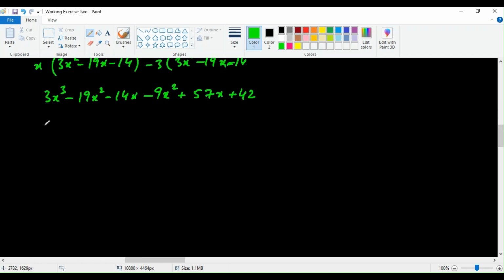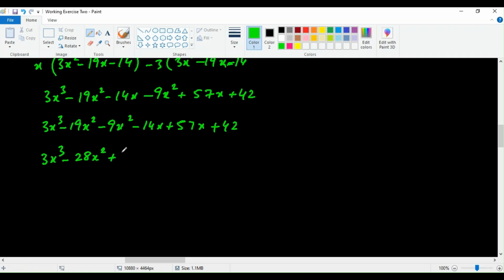Next is simplification. So I'll keep the like terms together, minus 19x squared and minus 9x squared, minus 14x and plus 57x, plus 42. So 3x cubed and 19 and 9 is going to give us 28x squared, and 57 minus 14 is going to give us 43. So it's going to be plus 43x plus 42 as the final answer for this question. Moving on to the next one,